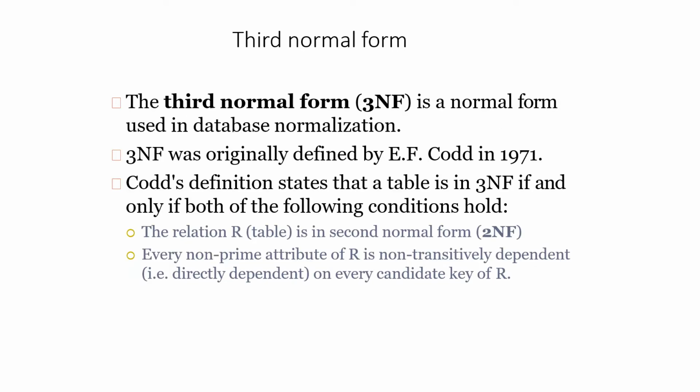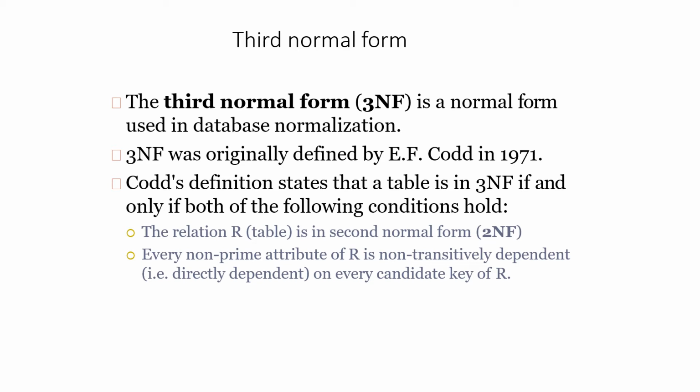Now we are going forward to third normal form. So far we have studied first normal form and second normal form. The first normal form states that we don't have to place more than one value in one field. Then in second normal form, we have to check whether information is being repeated, and then we have to break it into two tables.